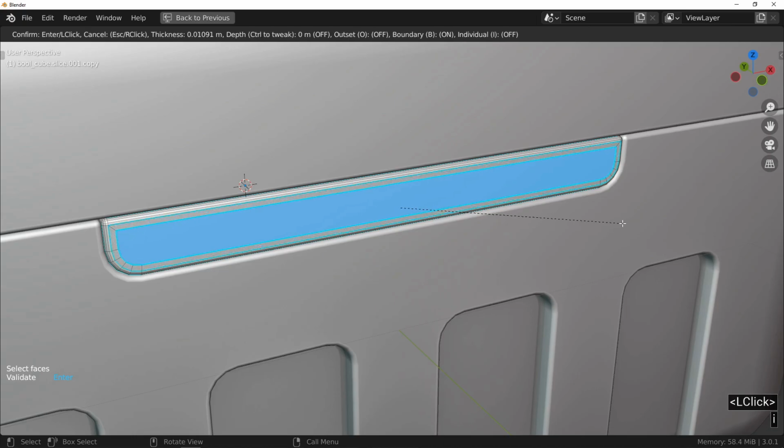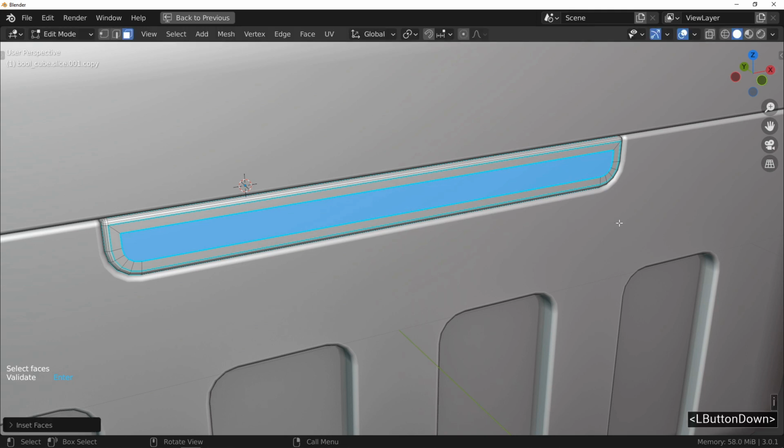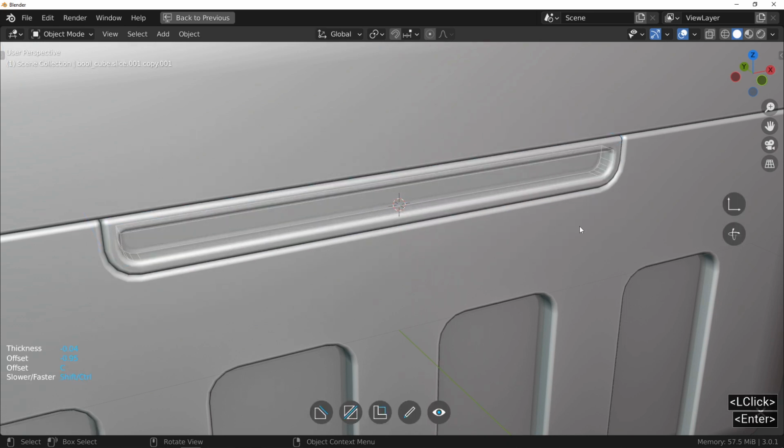The main use of this tool is the realization of inset, as we will do now. Select the central face and press the I key. Move your mouse to get the same result. Validate the operation with a left click, keep your face selected, and press the Enter key. You can see that the face has been transformed into a Fluent object that we can use to create our